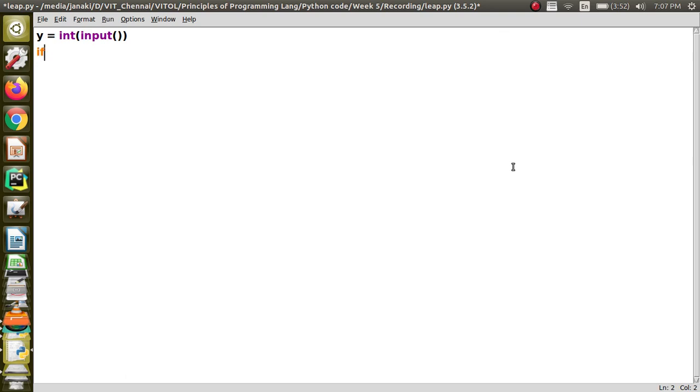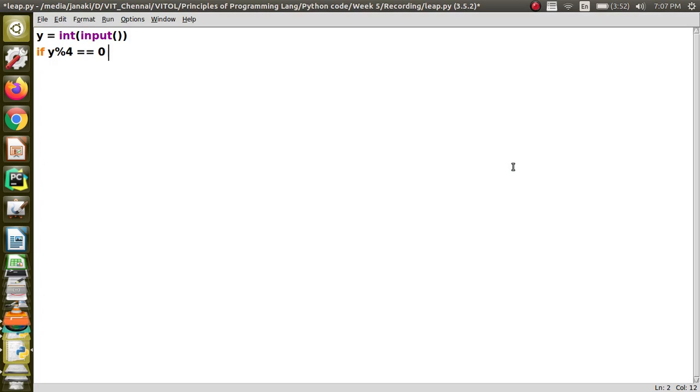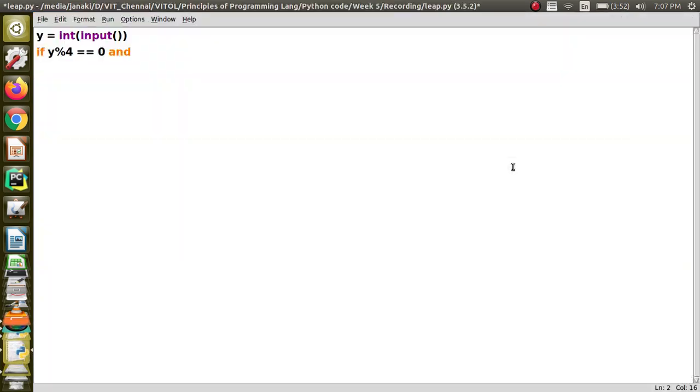Then we check whether y is divisible by 4. y mod 4 is 0 means it is divisible by 4, and y is not divisible by 100, so y mod 100 not equal to 0. This is the first condition.